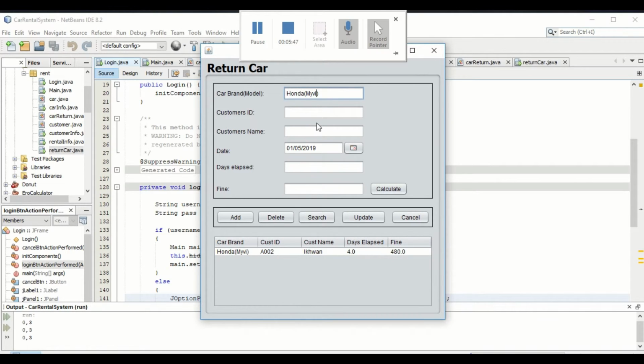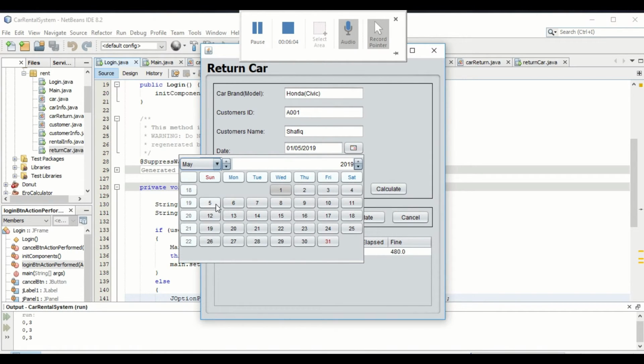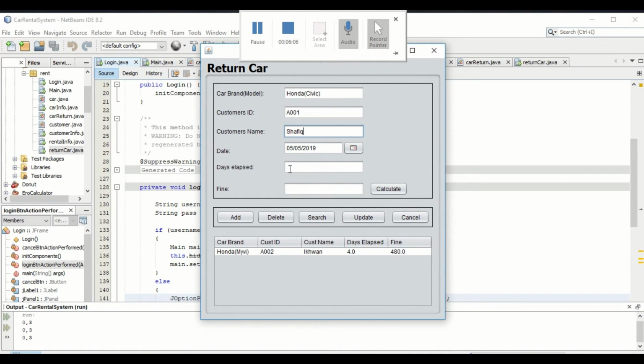If you want to change to new return car info, this 1001, customer name is Shafiq, and it is the 5th of May, and this elapsed is maybe he returned the car on time, so 0 days elapsed, and we calculate, so the total fine is 0, and we add. And this, if you want to delete data,